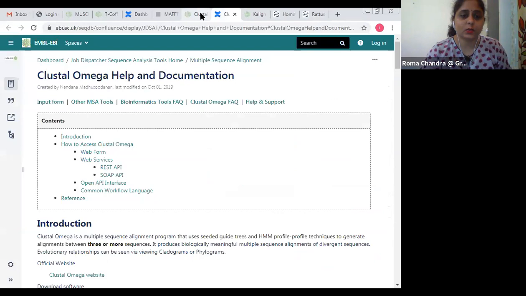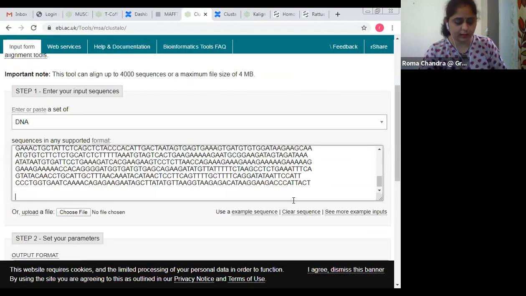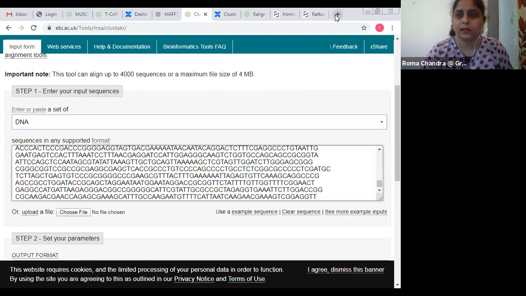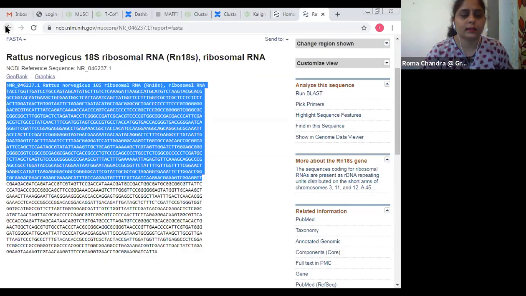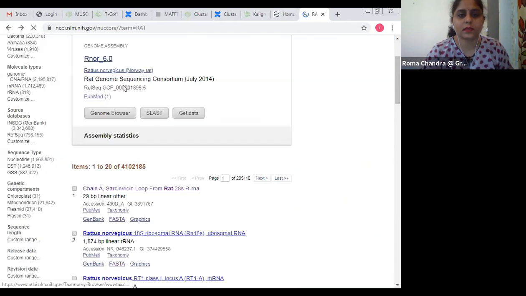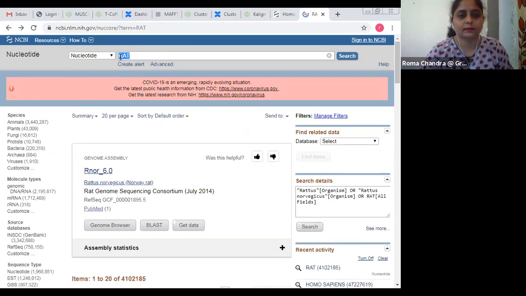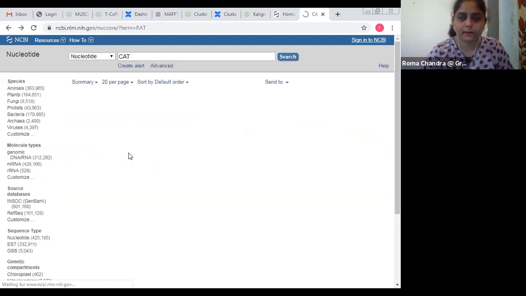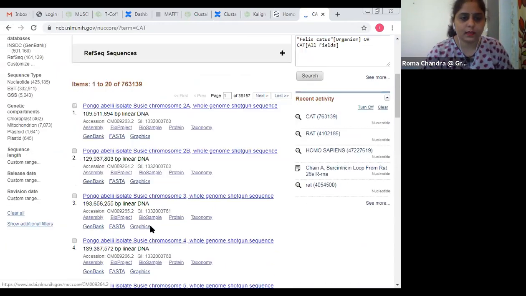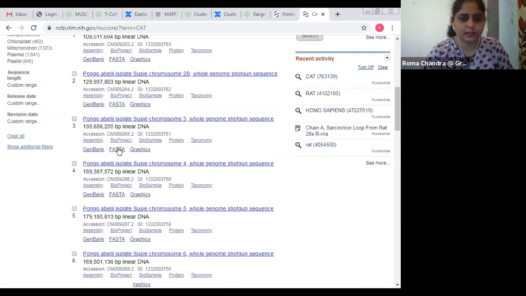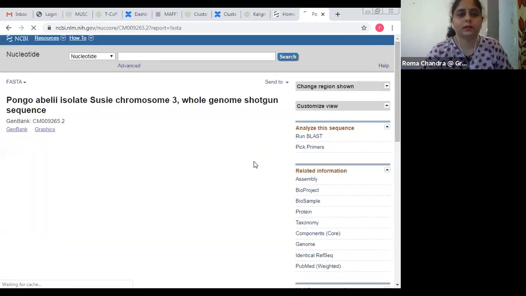The second sequence I'm taking is for rat. Again, I should take it from here only. Then I will take one for cat. So for cat I'm taking a sequence from here.